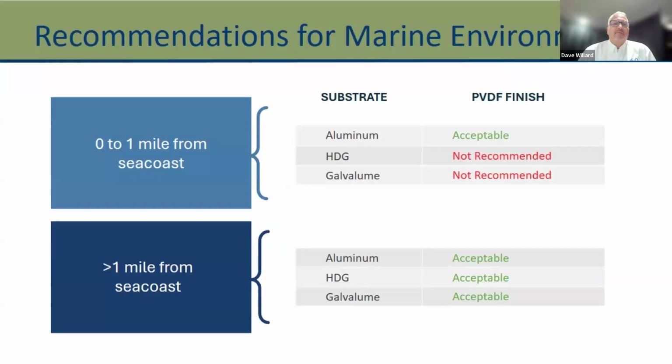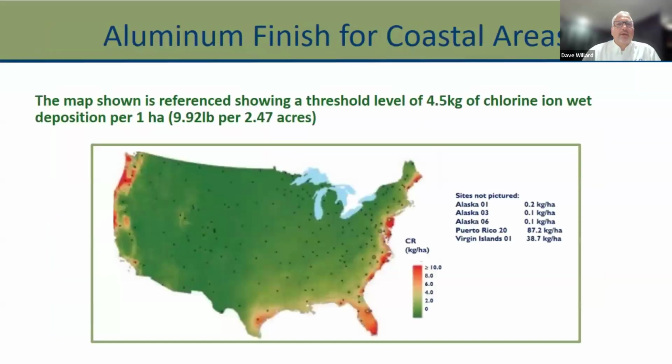For marine environments, if you're within a mile of a seacoast or an ocean or any saltwater body, we know aluminum is extremely acceptable and the one that should be used. Galvanized or galvalume is not necessarily recommended because of the corrosion from sea salt. Now, if you get more than a mile away, you can use whichever one you think is acceptable or which one you like. This map just shows where